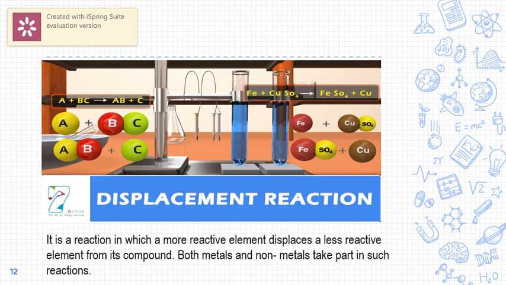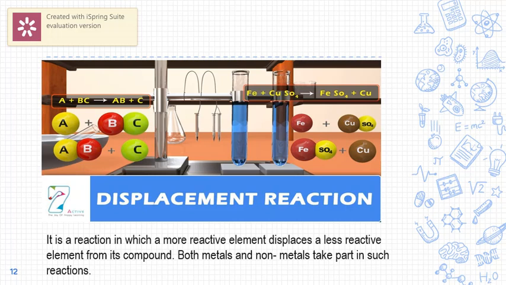And a more particular example, a very famous reaction we carry out in the laboratory from 6th class to 12th class, is the reaction between iron and copper sulfate. Here iron is in the free state, whereas copper is in the combined state with sulfate, known as copper sulfate solution. If you dip iron metal in the copper sulfate solution, because iron is more reactive than copper, iron displaces the copper and forms iron sulfate, and copper is made free.